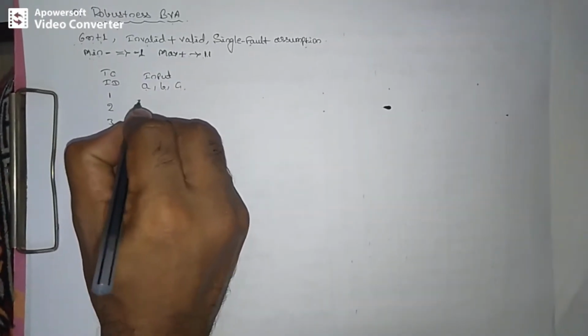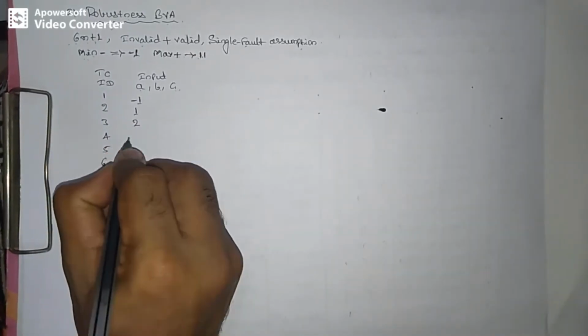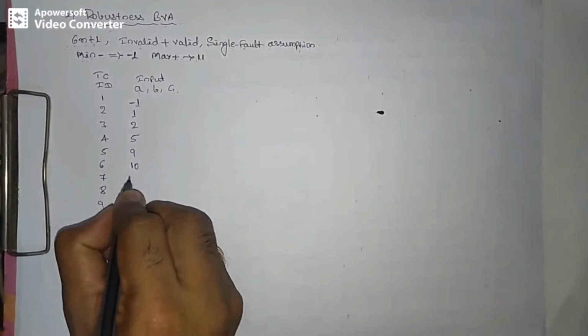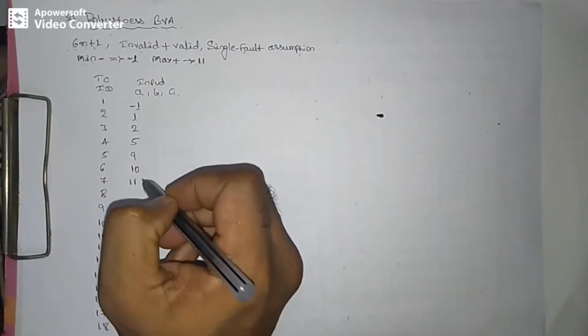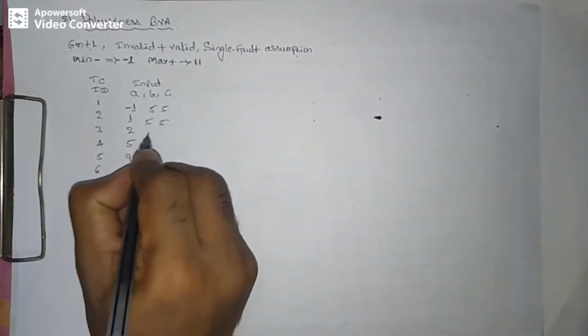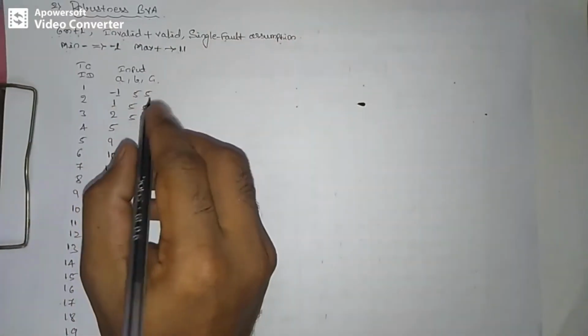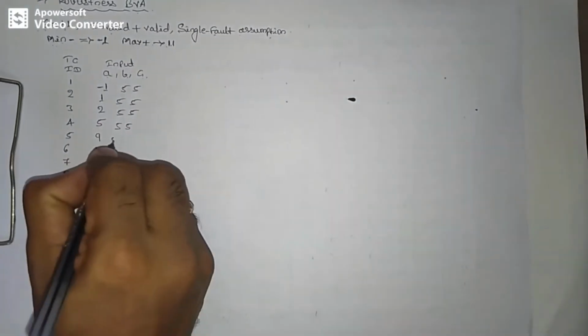Now, minimum minus first, then minimum, minimum plus, nominal, max minus, max and max plus. I think all of you understood how the values will be given here. And these two values we will keep as nominal. The remaining two input variables are nominal, that is 5, 5.